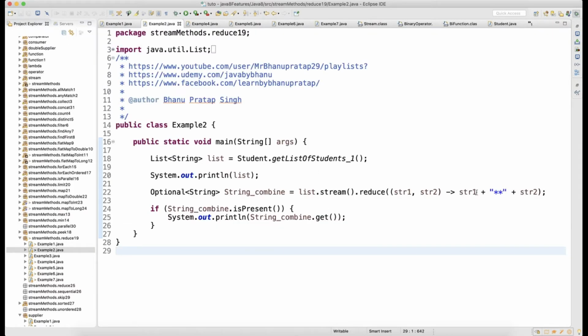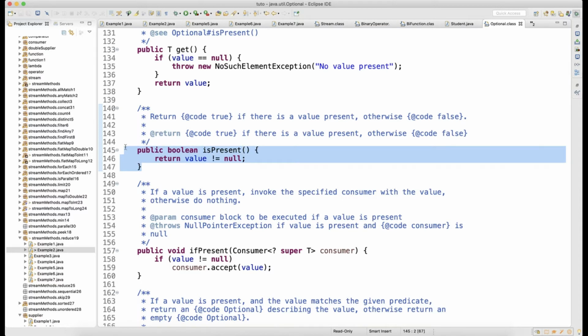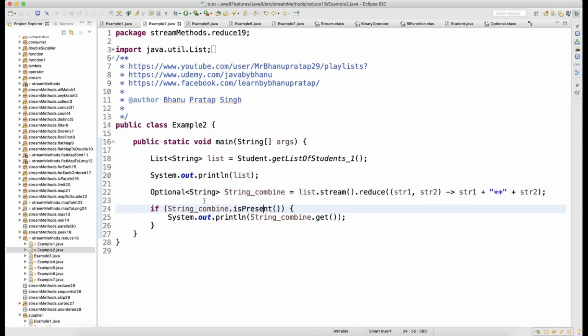Now when you perform reduce on this actual list, supplying that you want to concatenate the strings with the star star, right? The reduce method, you know, has a return type of Optional of the object, and your list has string objects, so you'll get Optional of String. And then there is one method you can call on this Optional, called isPresent. The isPresent return type is boolean. So press control, click, and you can see that isPresent return type is boolean. If there is data in the Optional of String, yes, then get that. So get that string, right?